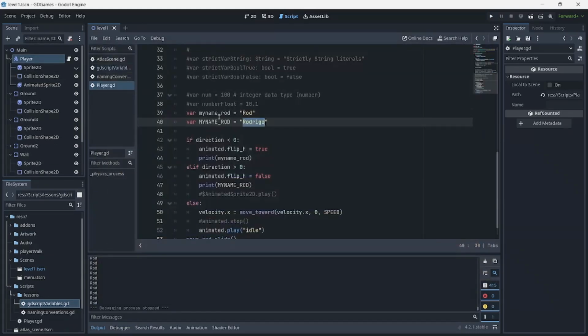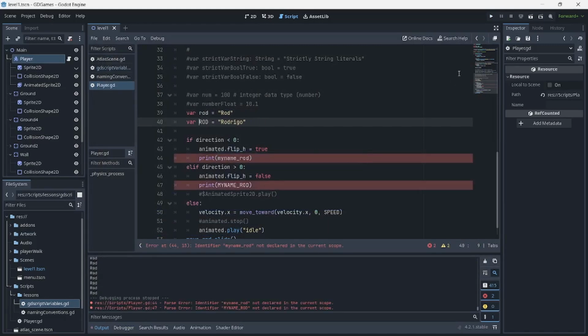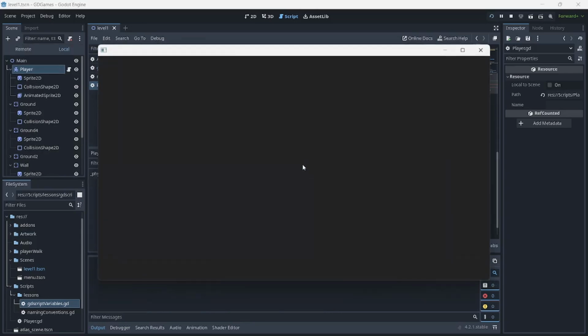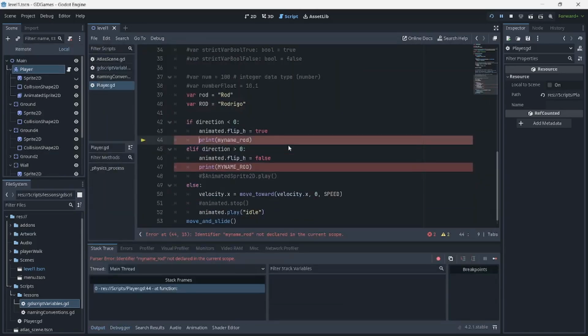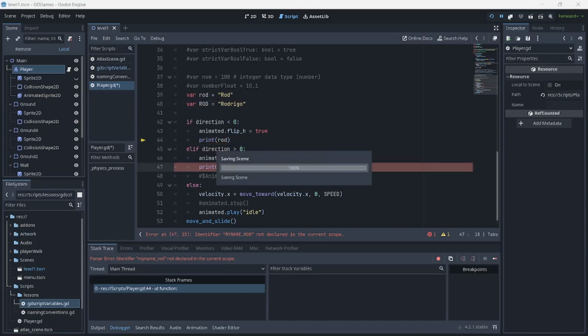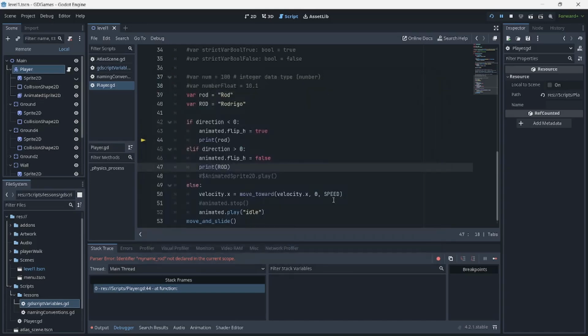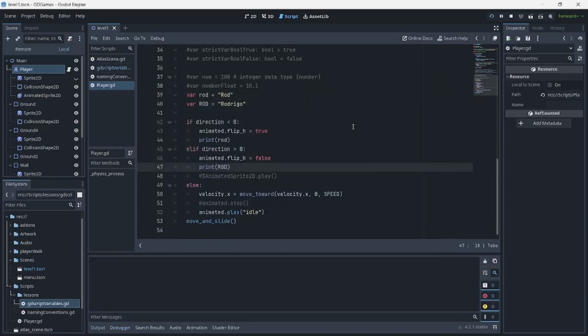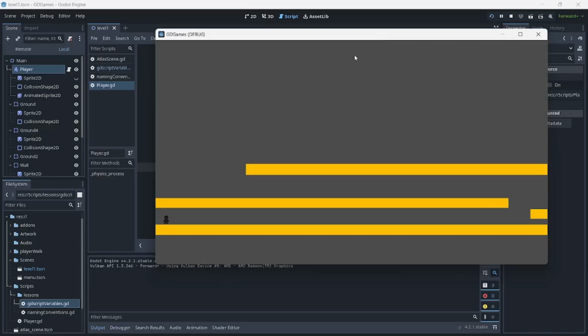Just to make it simple, if I say that this is going to be Rod, and this is going to be said as Rod, we should see that these are two different things. And of course, we have to make sure that the variables are the ones that we're using. The good thing about the dot is it's actually allowing us to run it.